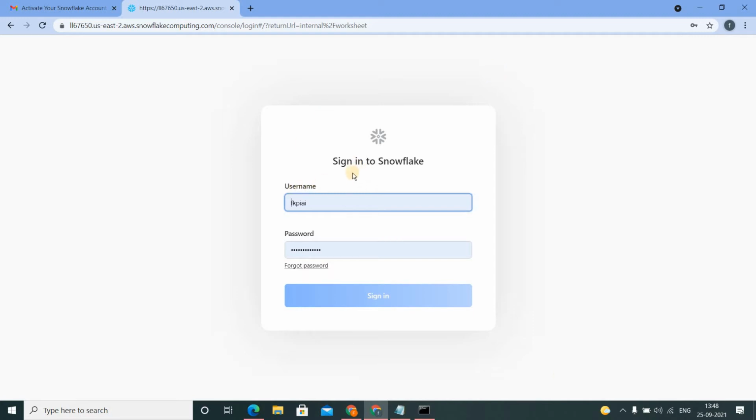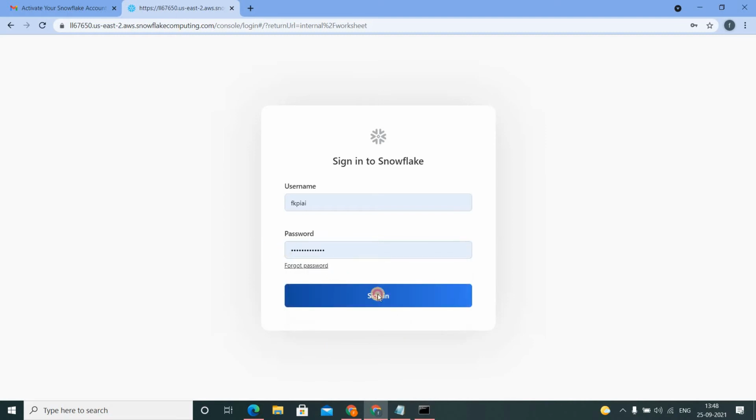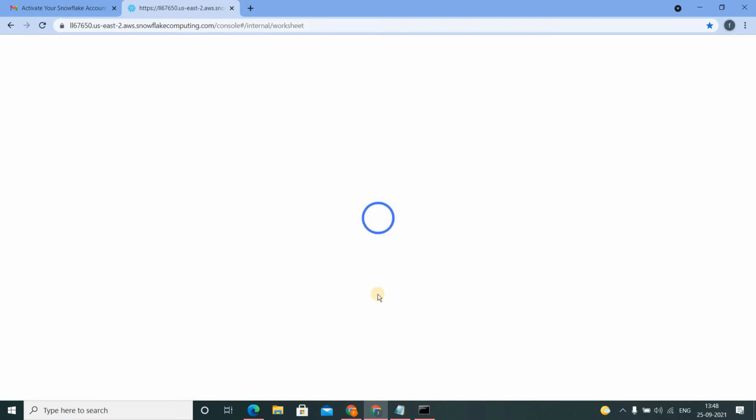For the first time, it will ask you to choose a username and a password, and to reconfirm your password, and then sign in. I am giving my username as FKPII because I already have my username, and give the password and say sign in. So it will take us to the web interface.